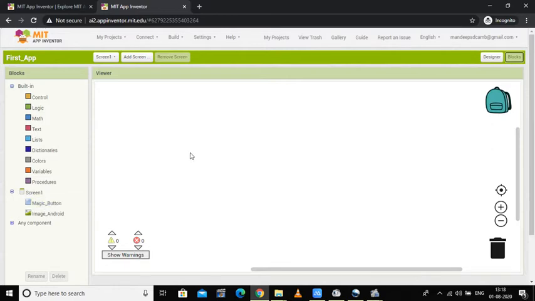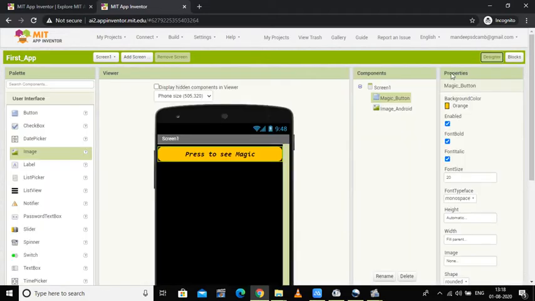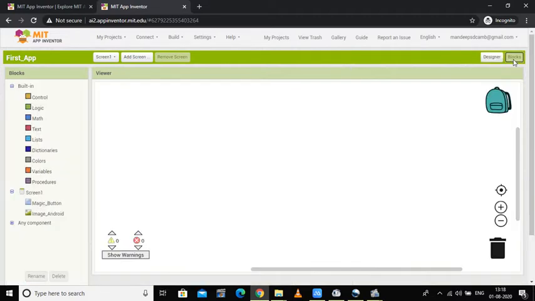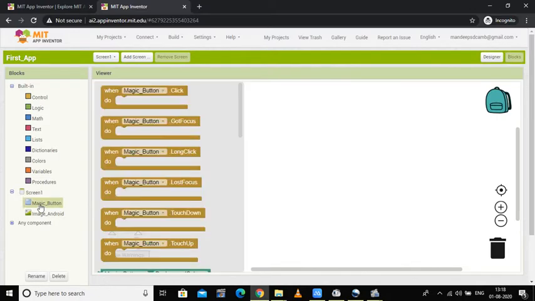The logic is the part of your coding. Coding has been done by the MIT App Inventor already. You have to place your logic and you have to see whether your logic will work or not. So the particular application in the designer part is: when someone who is using my application presses this button, he or she will get that particular image. So this is my logic. My logic is that someone who wants to see the image will have to click on the button.